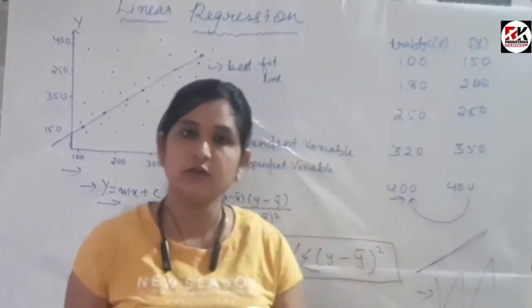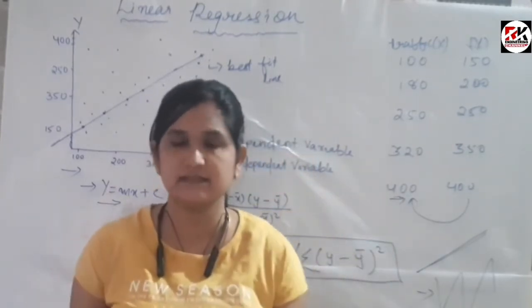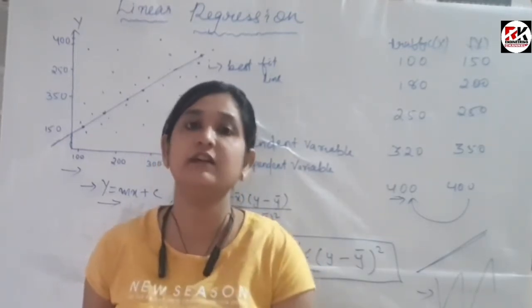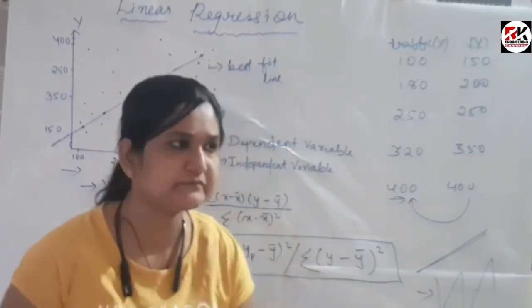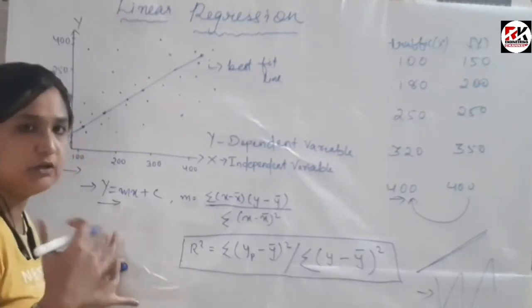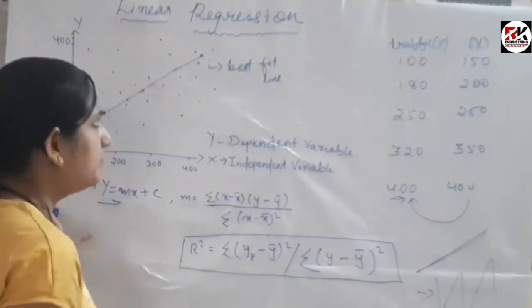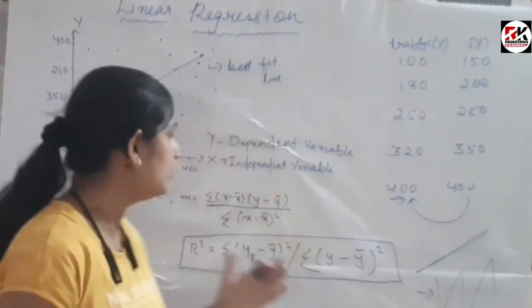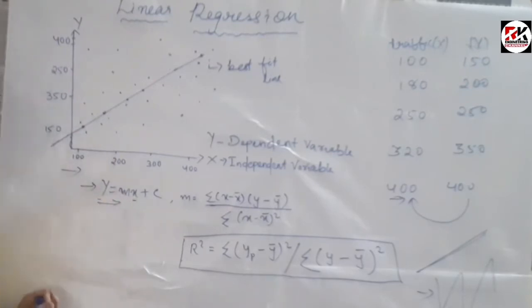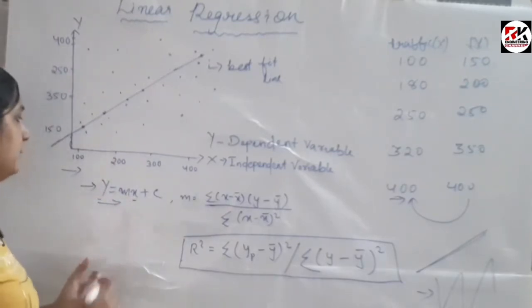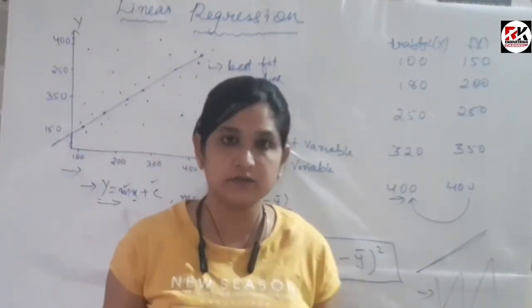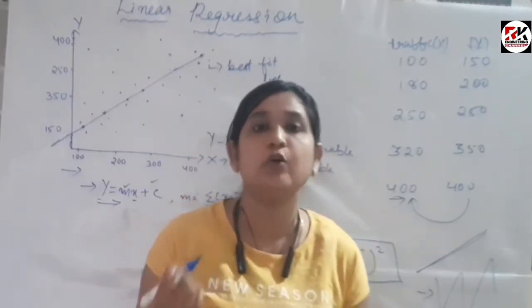Okay, this is the overall concept. Now I will tell you about the mathematical things and also how to calculate the error. One more thing before that: y is equal to mx plus c. Here my x value is given and y value is given. If I put the x and y values in this line equation, m and c are still unknown, so the equation cannot be solved. So I need either my m or my c value.